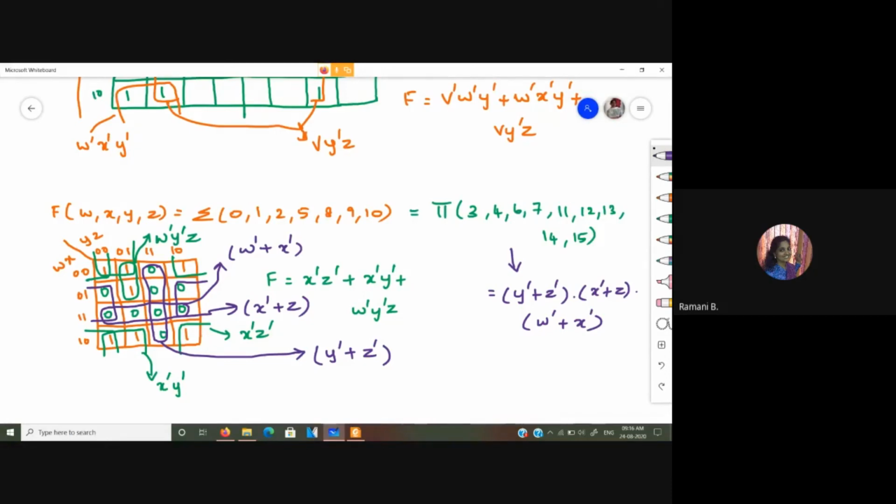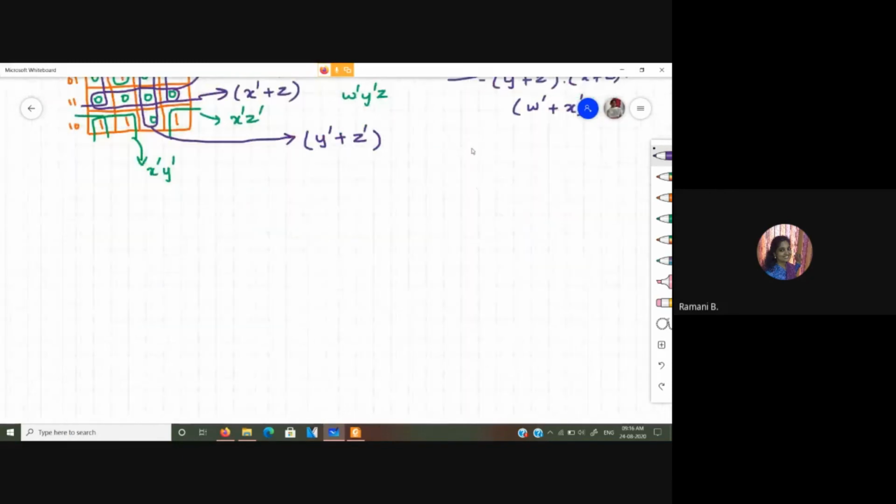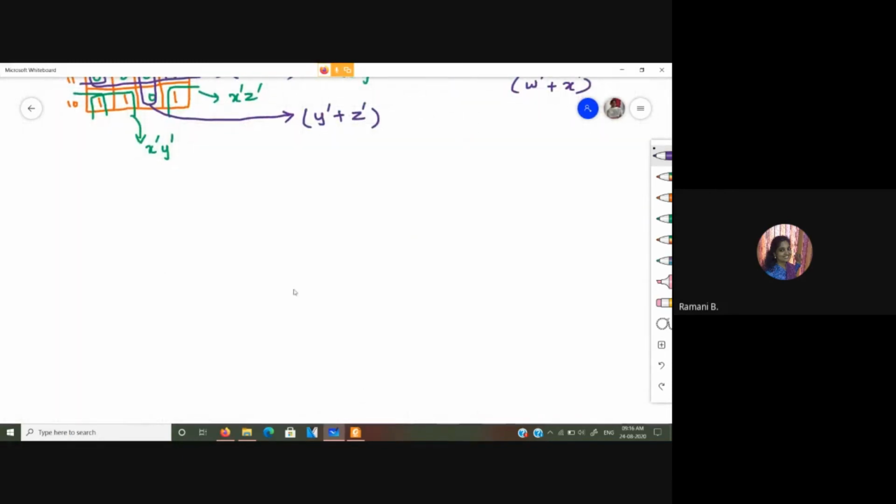Okay. So this is the minimized expression in product of sums form, and this is in sum of products form. This you should have in mind. Generally with respect to this K-map, if they are asking for 10 marks, sometimes they will give you an expression and ask to find the sum of products or product of sums form. Sometimes they may ask you to find both. So in that case, you have to make the grouping accordingly.